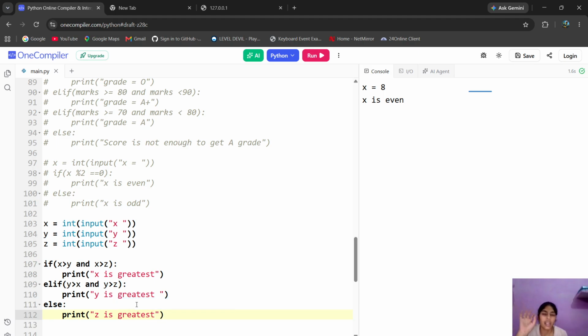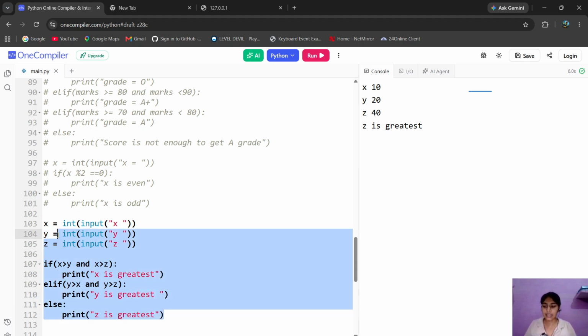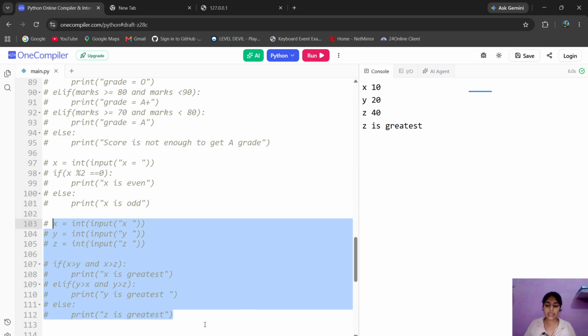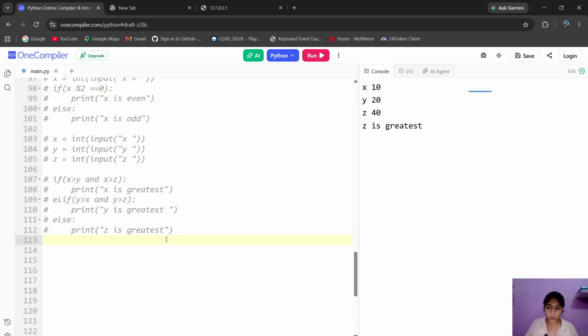How do we do it? You have three numbers. If x is greater than both, this means it is the greatest. If y is greater than both, this means y is the greatest. And if neither is greatest, then the remaining one is. Say this is 10, this is 20, and this is 40. So z is the greatest, simple as that. And what is and here? As I told you before, the and means that to make it correct, both conditions should be correct. So just pause this video